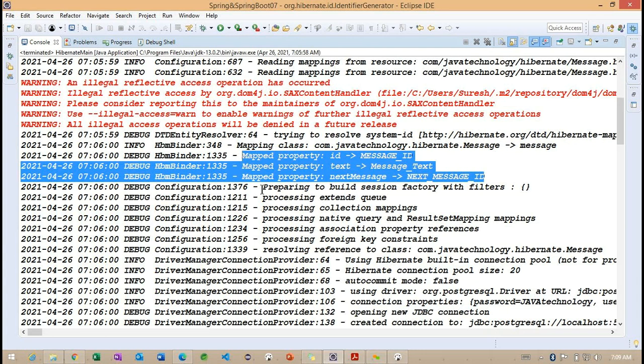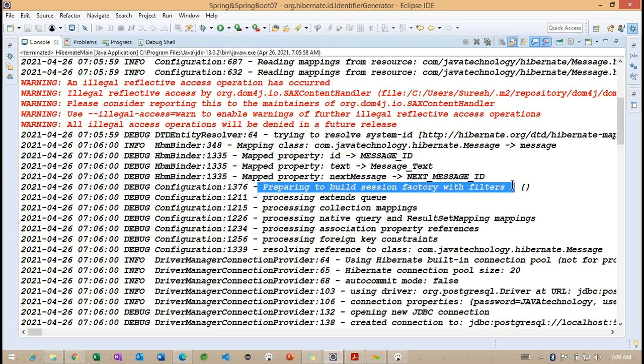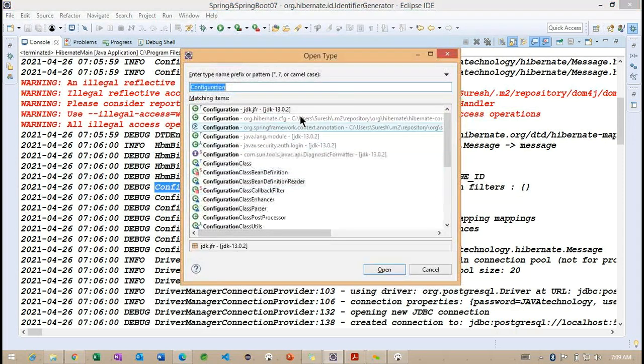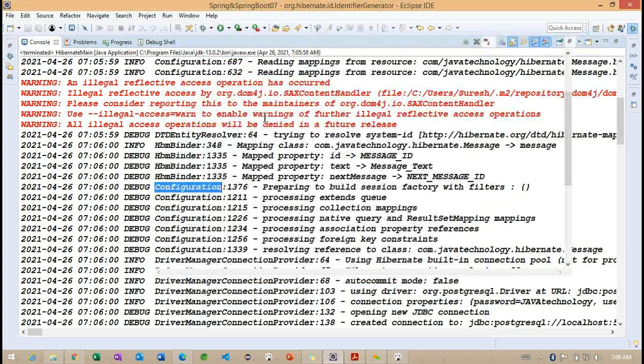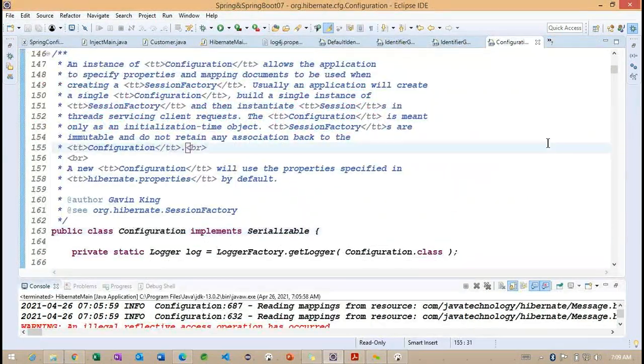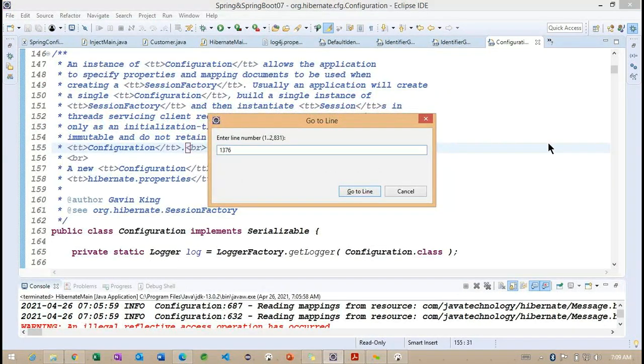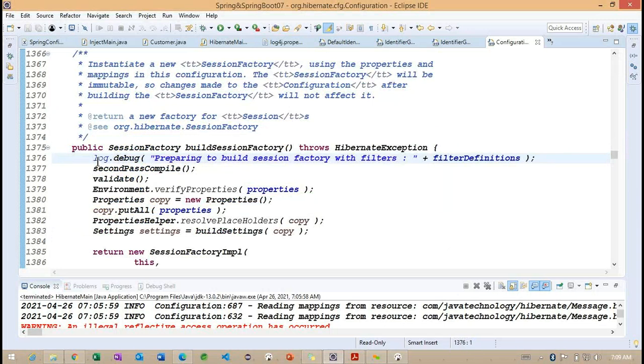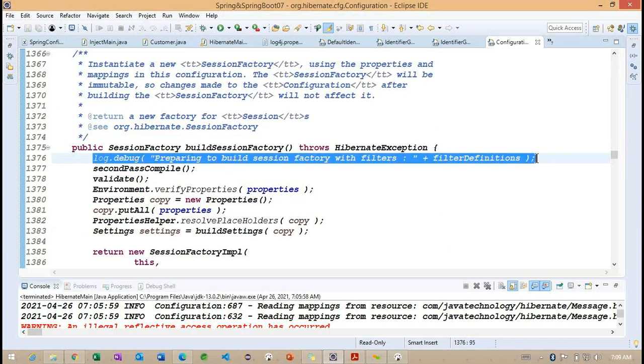And later, you can observe "preparing to build the session factory with the filters." As of now, we don't have a filter here. Now observe inside this Configuration class, line 1376. I'm going to open this Configuration class. Now you can see, this is the log message printing.